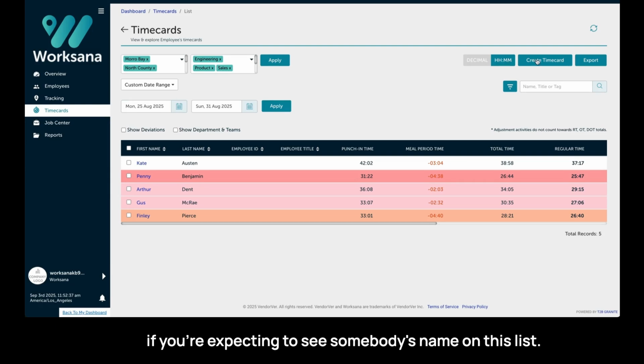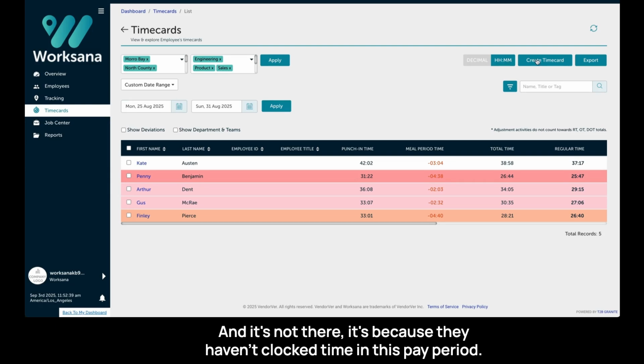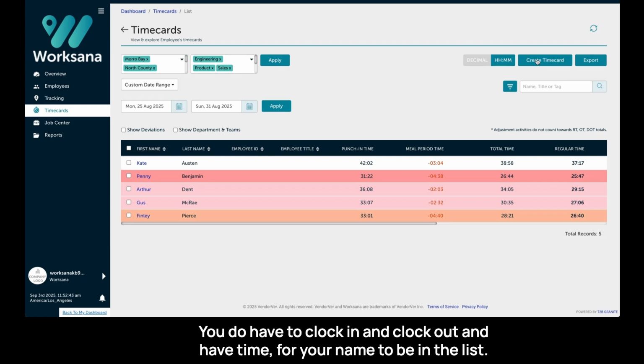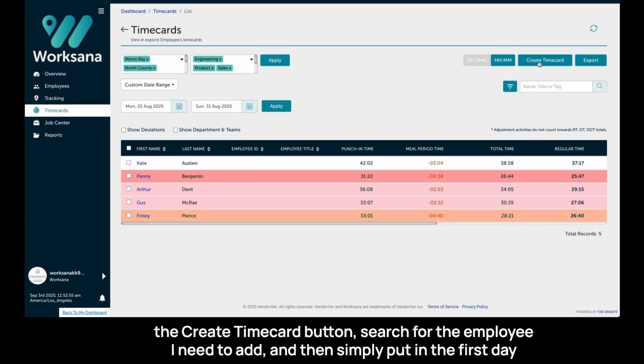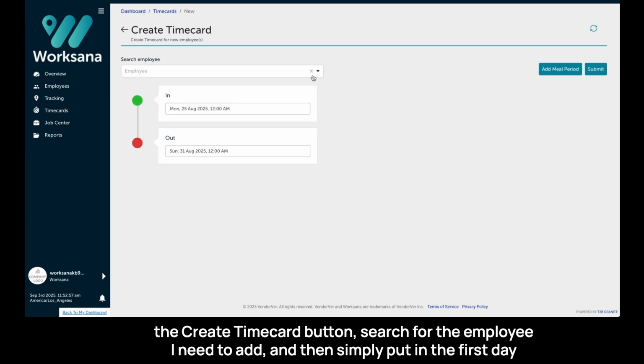If you're expecting to see somebody's name on this list and it's not there, it's because they haven't clocked time in this pay period. You do have to clock in and clock out and have time for your name to be in the list. So if I needed to create a time card for somebody who's not here manually, then I would simply click on the Create Time Card button,